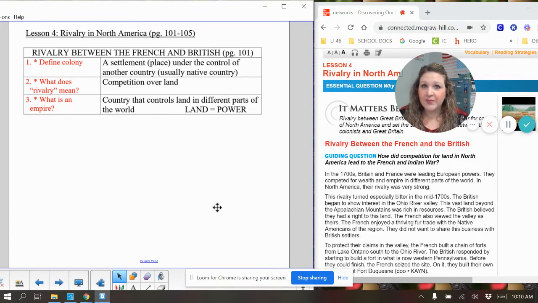They are not the only empire, but they are a major empire. And land equals power. That's why they want to control land, because that means that they have more power. It also typically brings them more wealth, which leads to power as well. I use this, we'll call it an equation, that land equals power. I'm going to ask you to write that in numerous places in the notes. It's something that I really want to ingrain in your mind, that land equals power. I'll pause here a moment to make sure that you have all that information in your notes.